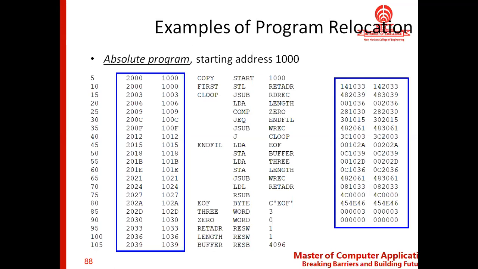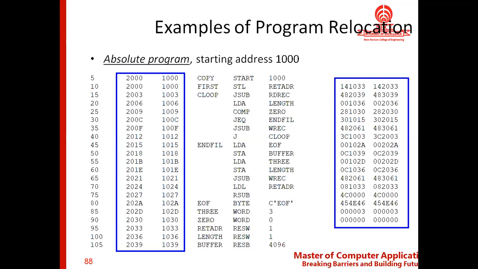If you look at the memory location, instead of 1000, it became 2000. If you look at line number 5, two columns are given. One is the starting address 1000 and another one is starting address 2000. So from the address 1000, it is relocated into 2000. Because there is a change in the program, we'll now see what happens to the object code.